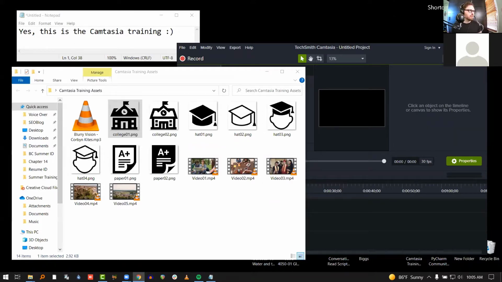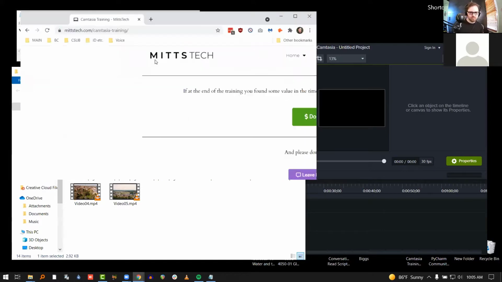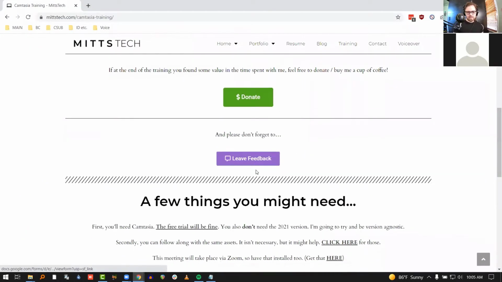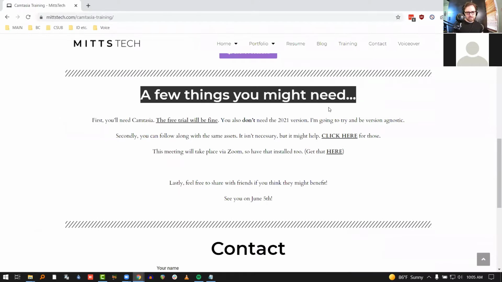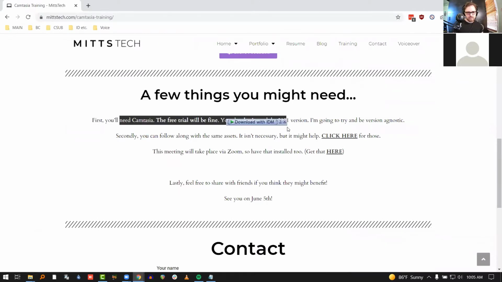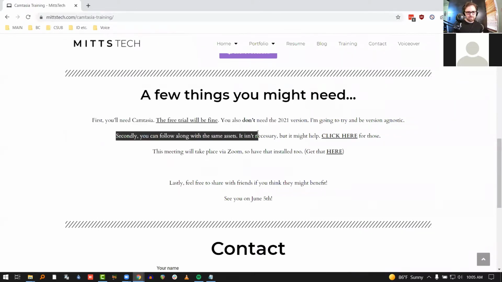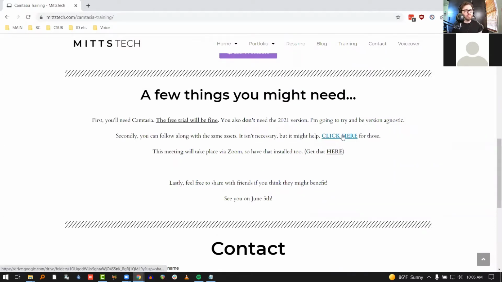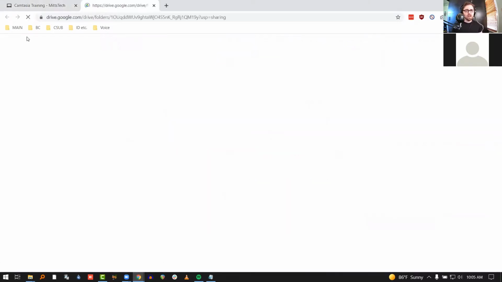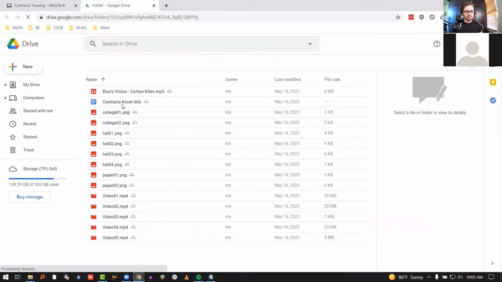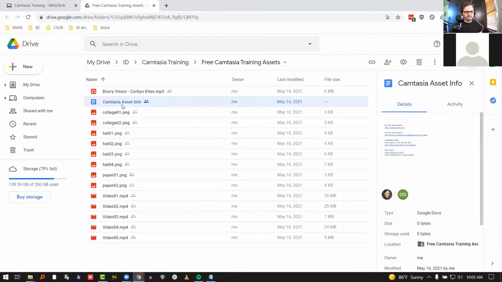So select in that Camtasia training page, right under the leave feedback, there's a few things you might need. The free trial takes you to the download. Secondly, to follow along with the same assets, it's that portion of this. It should be publicly linked, and they're all free assets as well. Oh, and one thing that I did drop in here as well is the info about these assets, which is